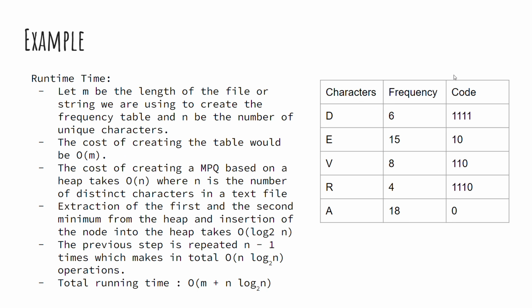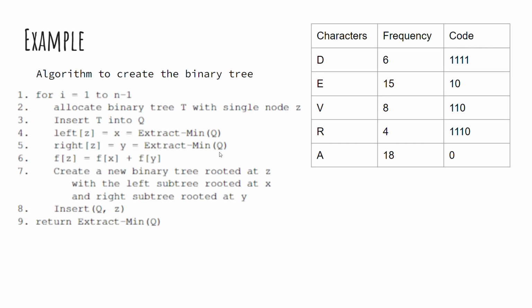And then the cost of creating this table, the frequency table without the encoding part, would be big O of m, because you basically have to read every character in the file or the string, and then based on that you have to update the frequencies of every character, and that's how you get the cost of creating a table to be big O of m, and then the cost of creating a minimum priority queue, which in this case was the priority queue Q,